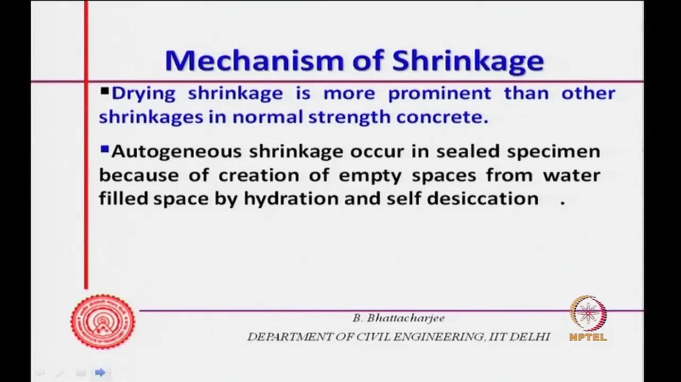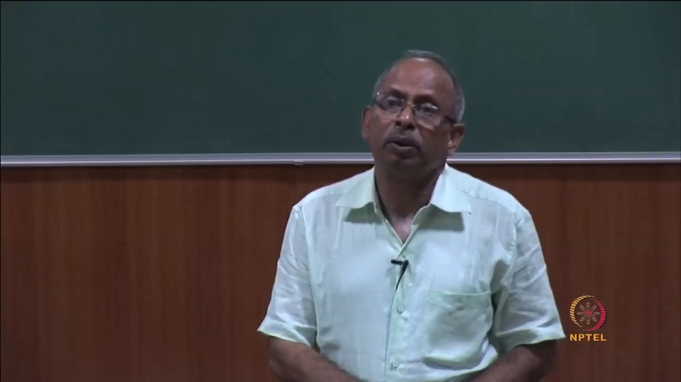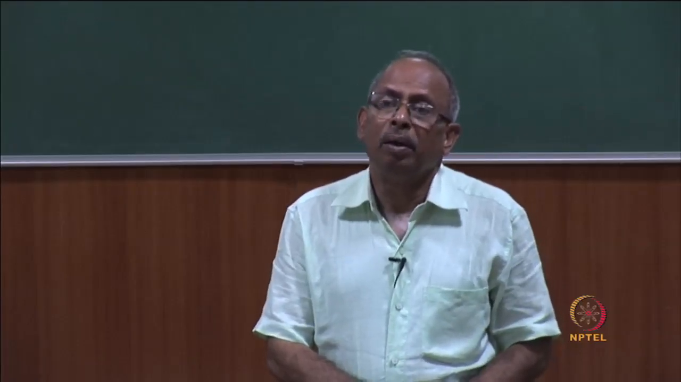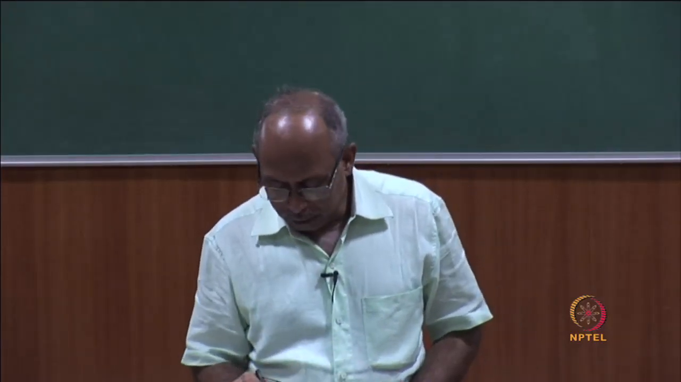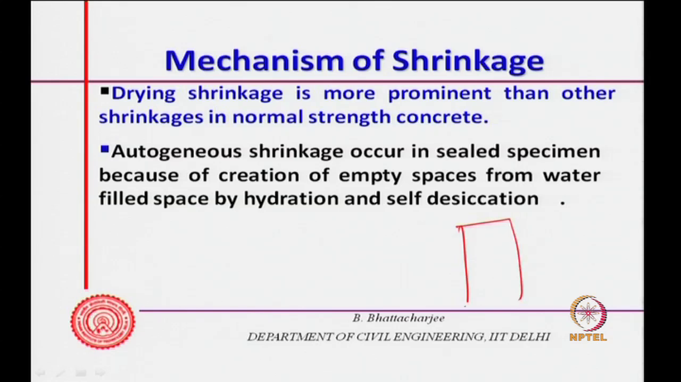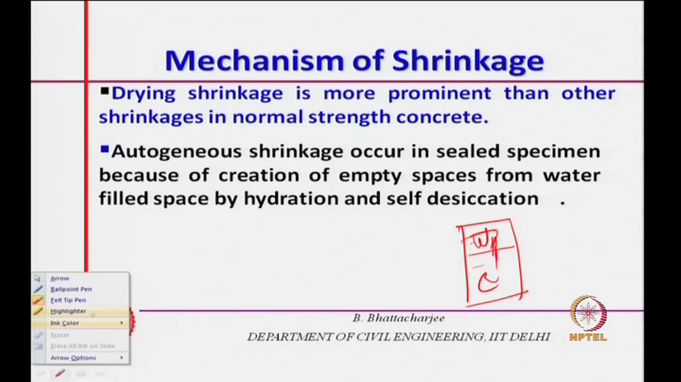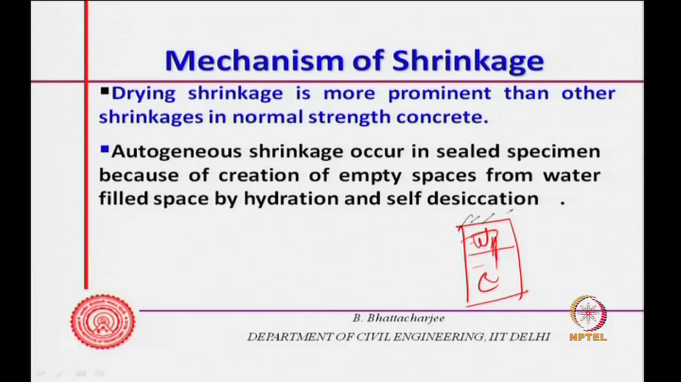Autogenous shrinkage, which we talked about in the previous lecture, occurs in sealed specimens because of creation of empty spaces. See, originally water filled spaces, hydration reaction is occurring. So, originally water filled spaces, so this was water, this is cement. So, hydration reaction is occurring, this water gets consumed. Now, let us say this is all a sealed specimen. So, this water actually reacts and gets consumed, what we call self desiccation, but this leaves some voids